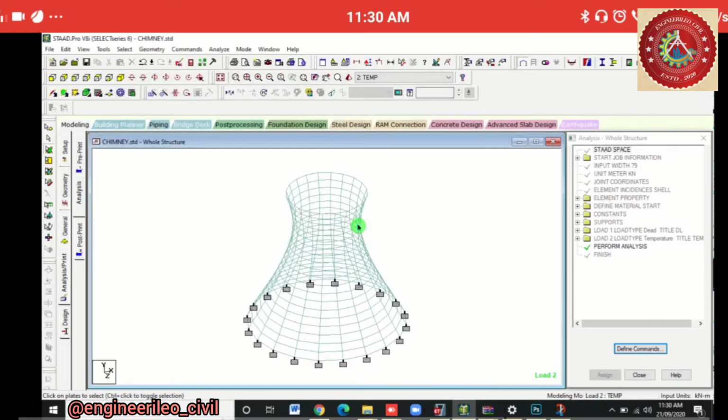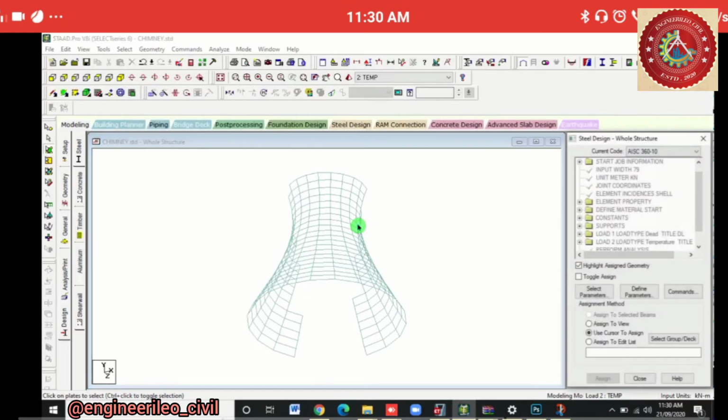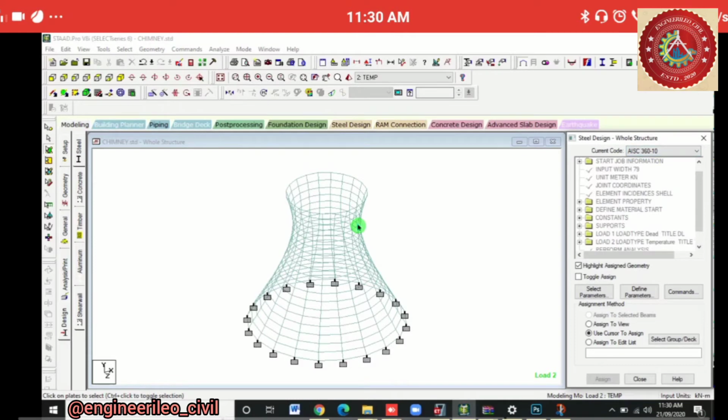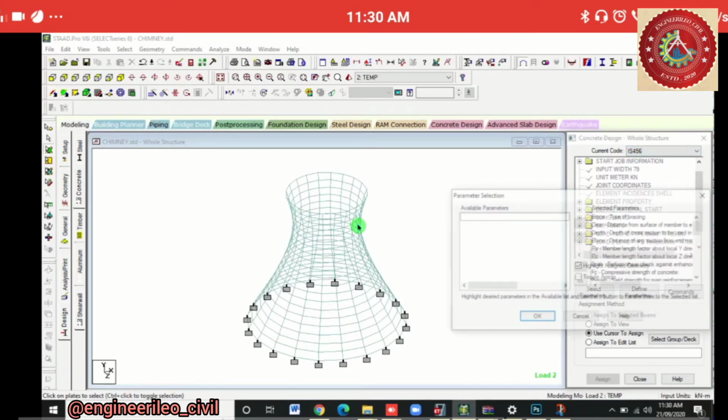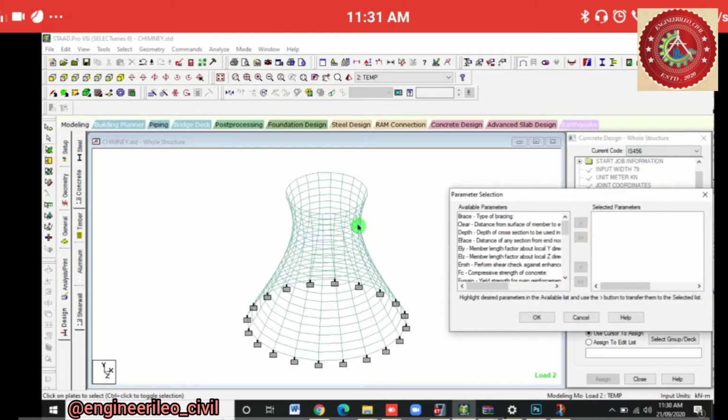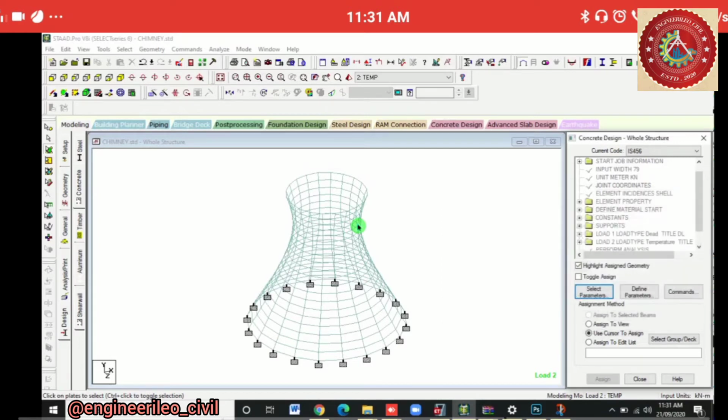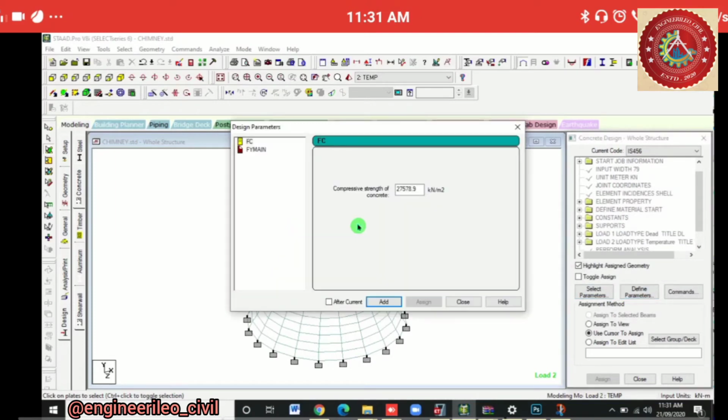Then we'll go to design part. We'll design it for concrete section and for IS 456. Okay, we'll select the parameters and we'll select FC. We'll select FY main and then OK. We'll define the parameters.